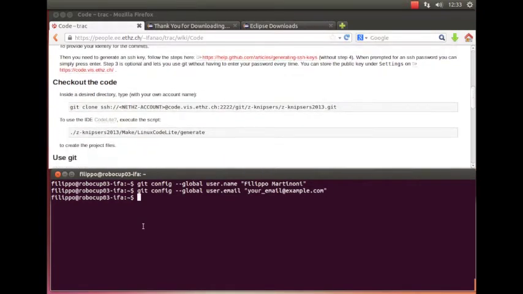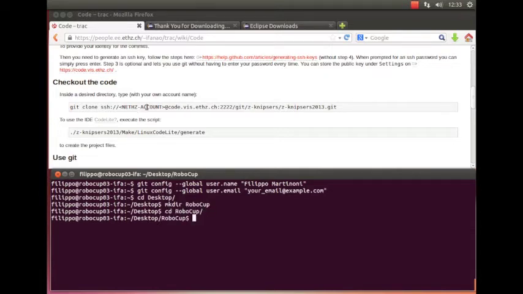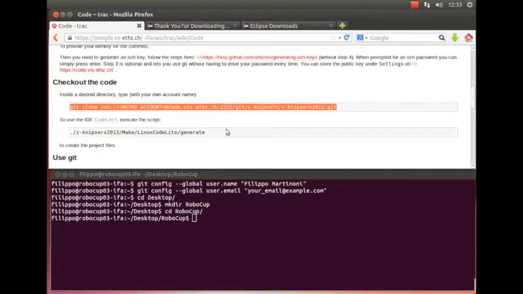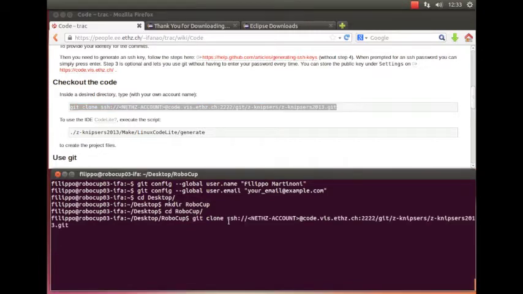Second step, we have to go where we would like to download the whole code. For example, in my case I would like to have it on the desktop, in a directory named RoboCup, just to have some order. Now we want to download it, so we copy this and paste it in the terminal, and we have